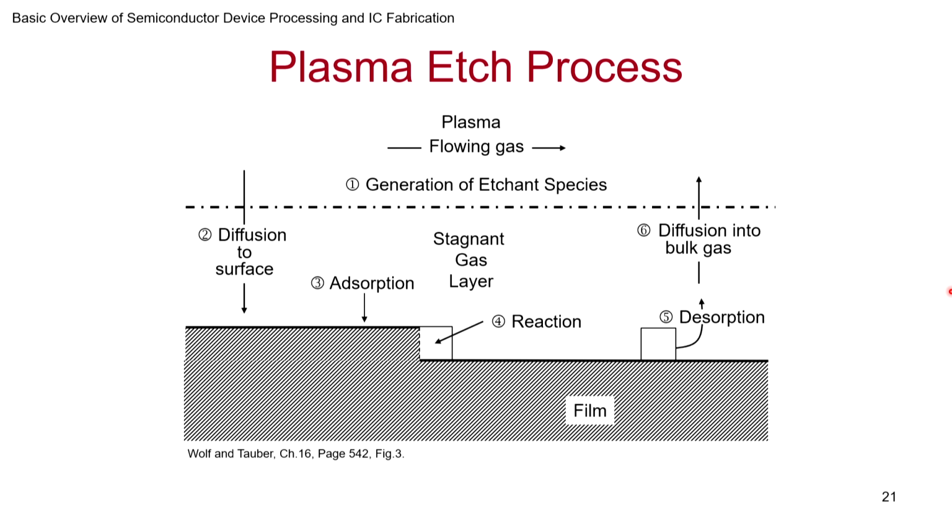So one of the requirements of good etchants is that the products that are formed due to etching should be very volatile. They should want to desorb and go away. Many times we find that the reaction takes place very well, but the products that form remain there. If they remain there, your etching is not going to happen, because next it will just form a film, and the next species will not be able to go and react. So that is one of the things that you have to play with. You have to make sure that whatever is formed is desorbed, is volatile, and it goes away. And you should ensure that all of these processes are facilitated. So this is how plasma etch takes place.